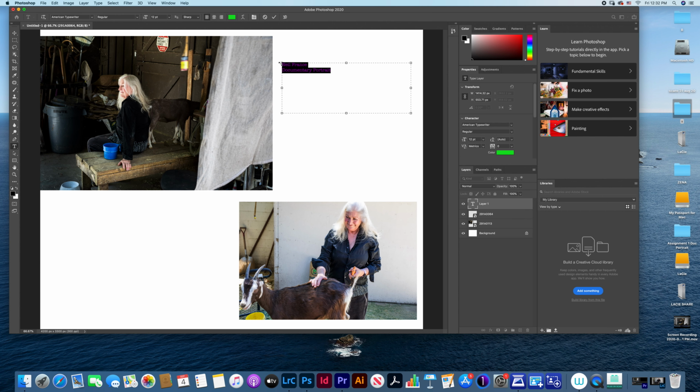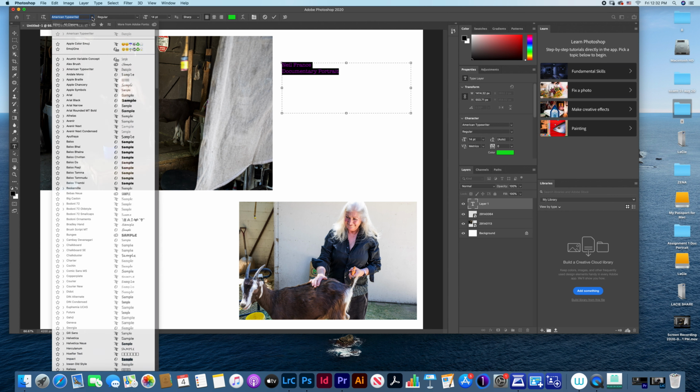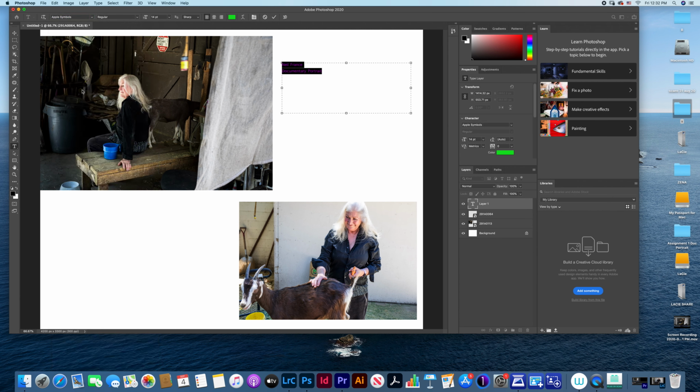If you decide at any point there's something you don't like, instead of just erasing it, you can highlight it and change the size by going to 14 points. That makes it larger. Once you've got it highlighted, you can change the type, and you can change the color.